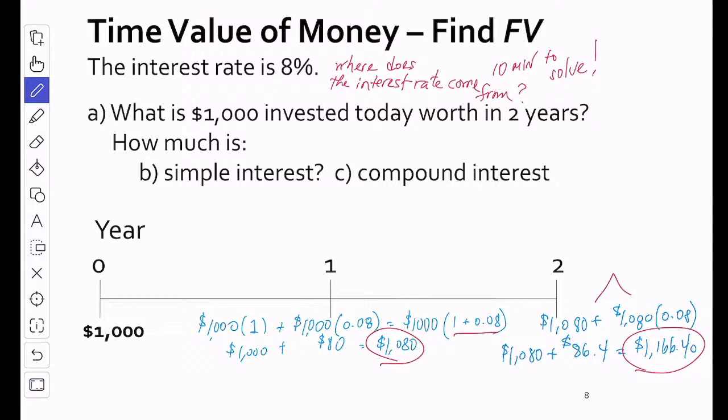What is this? So this one here can be written as